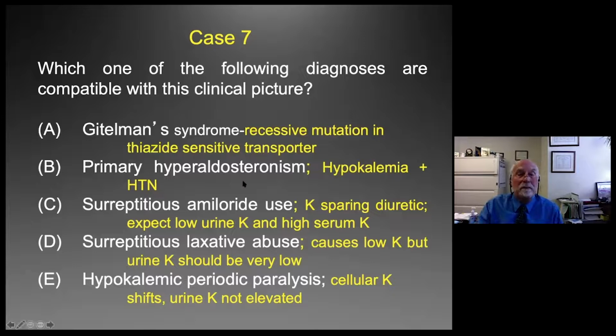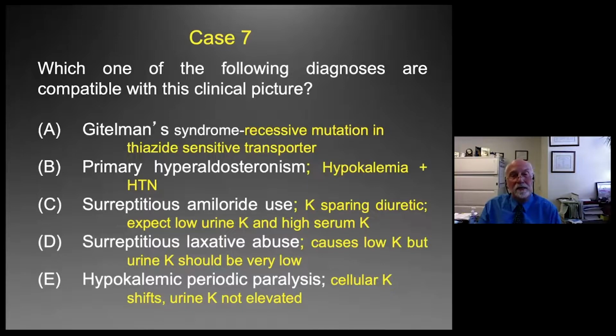We talked about primary hyperaldo numerous times, hypokalemia and hypertension. Amiloride is a potassium-sparing diuretic, so you wouldn't see a low serum potassium. Laxative abuse is a choice that a significant percent of the audience may have picked. But again, nothing wrong with the kidneys. You're losing potassium in the stool. What should the kidneys do? They should hold on to potassium, and the urine potassium should be very low,